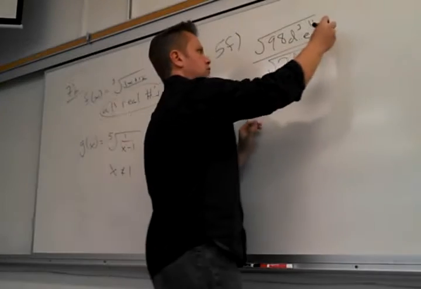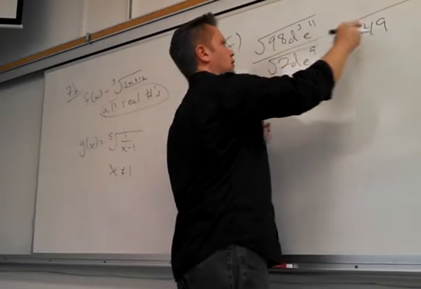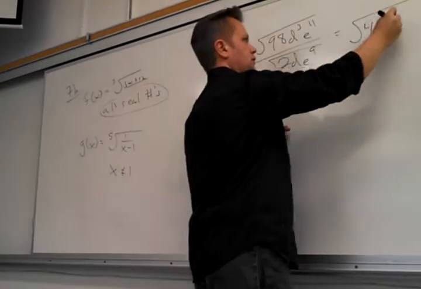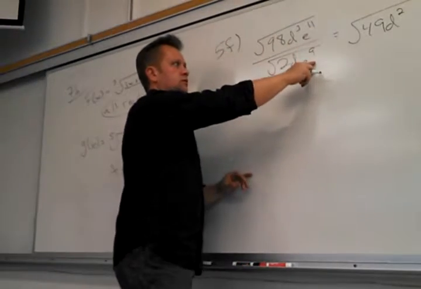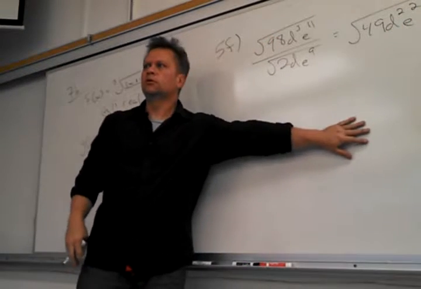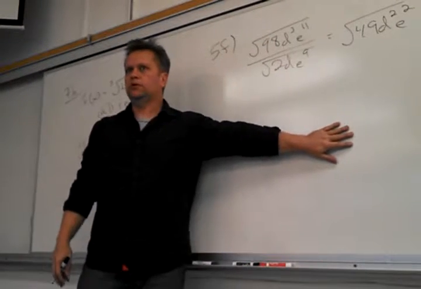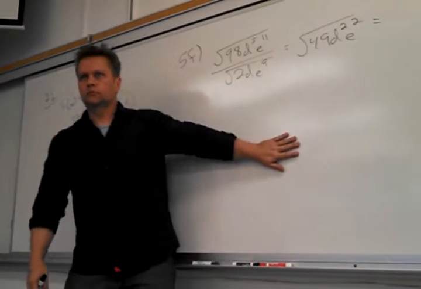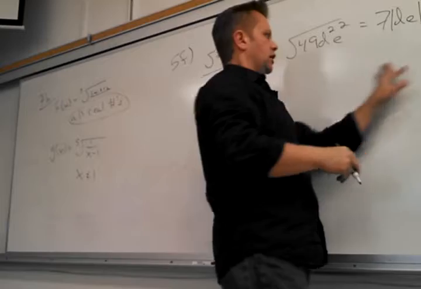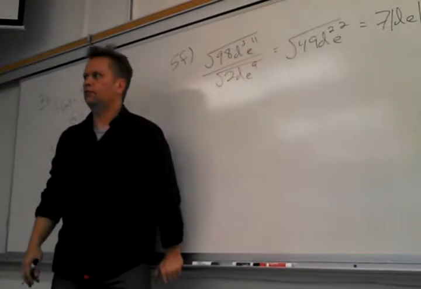What's 98 divided by 2? 49. What's 3 D's divided by a D? D squared. Good, there are 2 D's left. How many E's are left? 2. 2 E's? Well, that's it. What's the square root of that? 7D. And you can do that, but I'm probably going to say